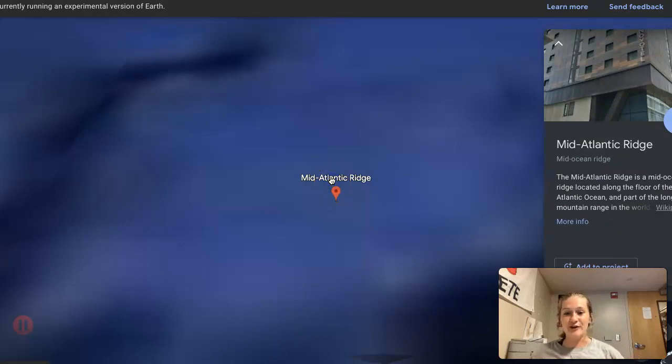Not a great photo there, but the Mid Atlantic Ridge is, as you can tell by the name, located along the Atlantic Ocean floor, and it's actually a part of the largest mountain range in the world, even though it is located underwater. So, the Mid Atlantic Ridge separates the North American from the Eurasian plate and the African plate, and it is thought to be caused by upward convective forces in the asthenosphere pushing the oceanic crust and